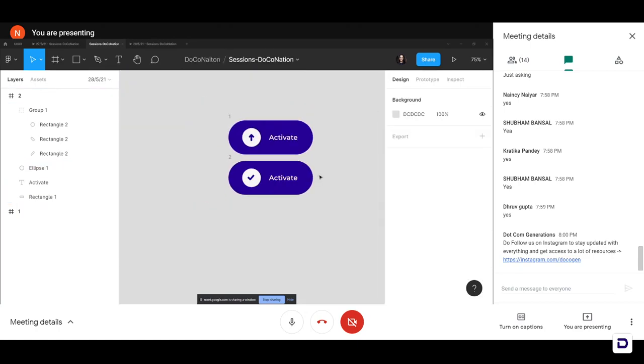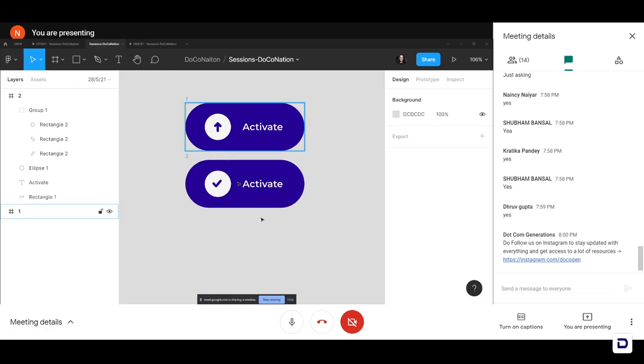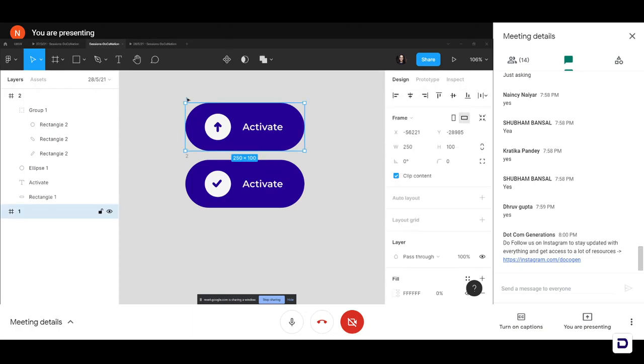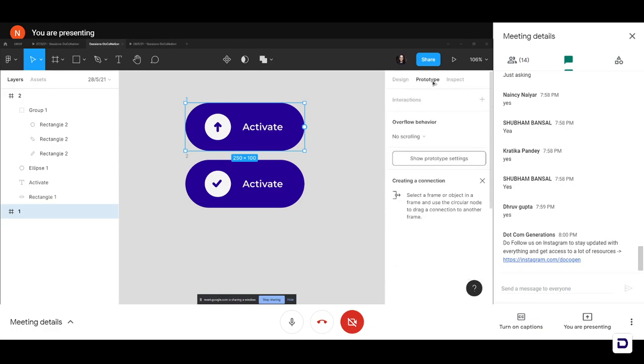So the next thing that we'll be doing is just prototyping it, adding the animation. So once you've got the tick mark, once you've rotated it and decreased the size of the third rectangle and positioned all of it correctly, we'll be selecting our first frame, heading over to our properties panel, clicking on prototype over here, and clicking on plus interactions.